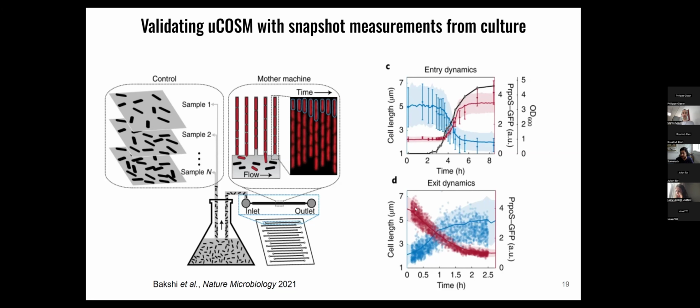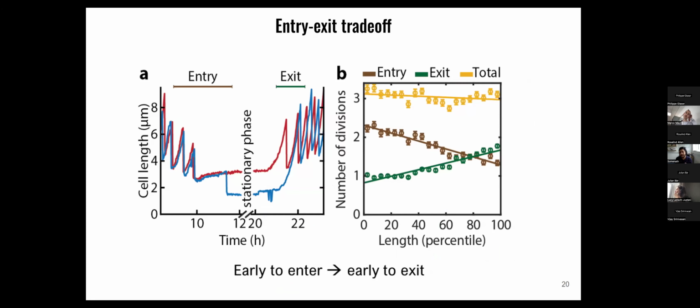And we had a microfluidic platform called MAX, developed by my colleague Burak Okumus, where we could continuously snapshot them during the exit phase, and we could see that the data from the snapshots really closely tracked the observations from the continuous measurements. So it means we can now get continuous data about cell growth and division and stress response and other reporters in these cultures. Now, I mentioned this trade-off that if a cell divides early before it goes into stationary phase, it wakes up later. And if it does not divide, it actually divides when it is exiting stationary phase.